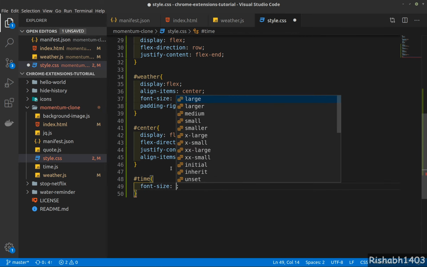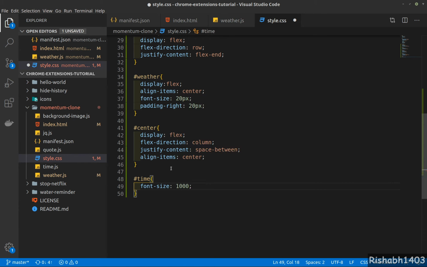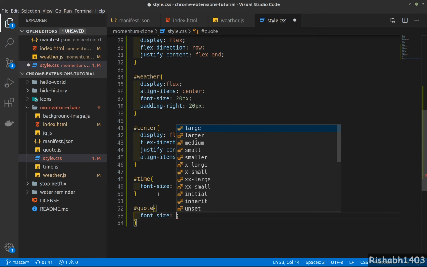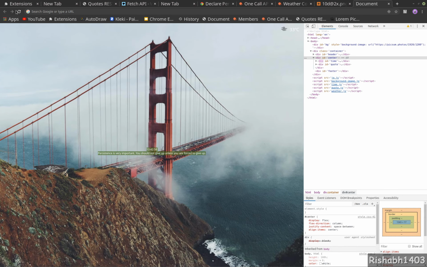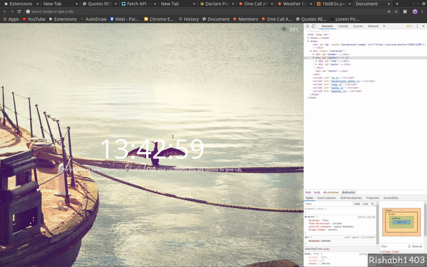I'm going to increase the time size a bit more than I expected. So I was expecting 200 pixels or 300 pixels, but I tried that and it didn't really look very good, so I'm trying this. And then quote. Quote can be huge, so let's give it a font size of 20 pixels. Let's try this. Okay, as you can see, time is bold and quote is also boldish,